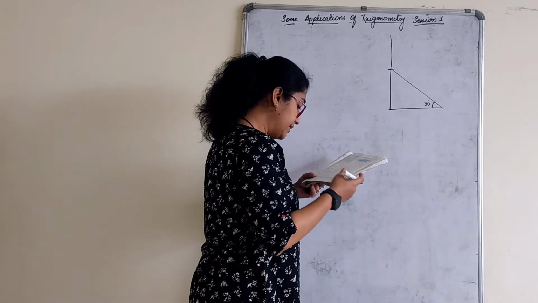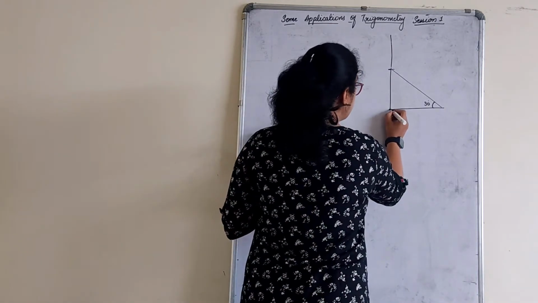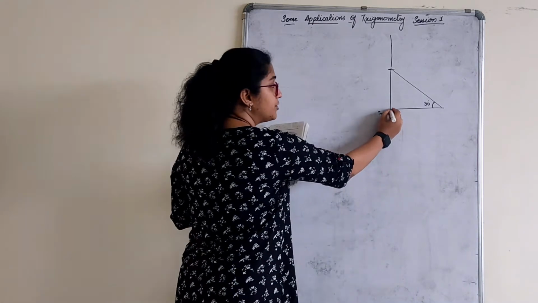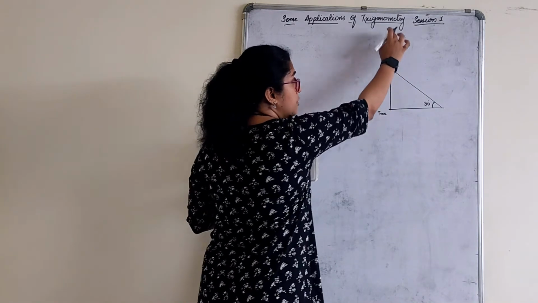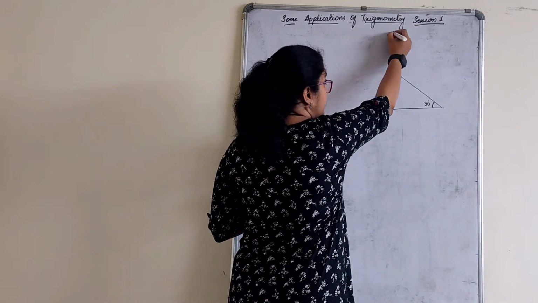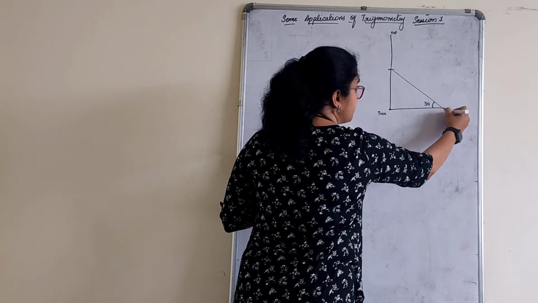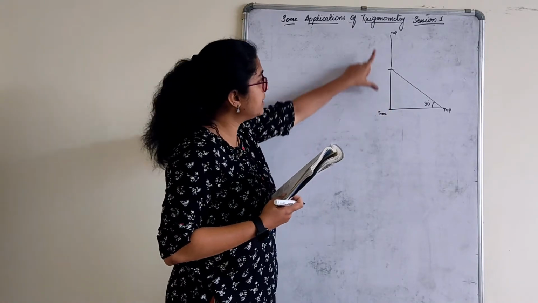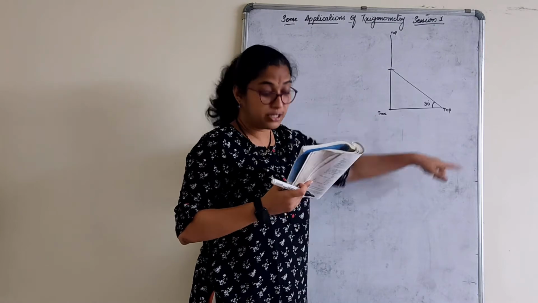The distance between the foot of the tree, this is the foot of the tree, this is the top of the tree. This was the top but this became the top. Now this was the top of the tree, right? It touched down here. Got it now? This was a tree. Foot of the tree, this was the top of the tree. This broke and this came down and is touching the ground.